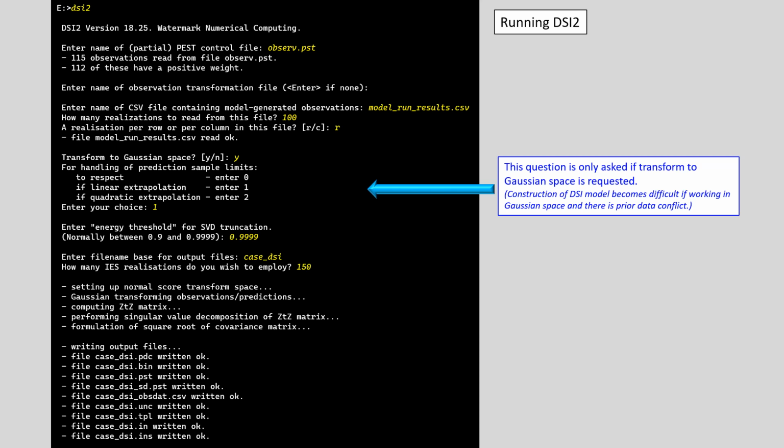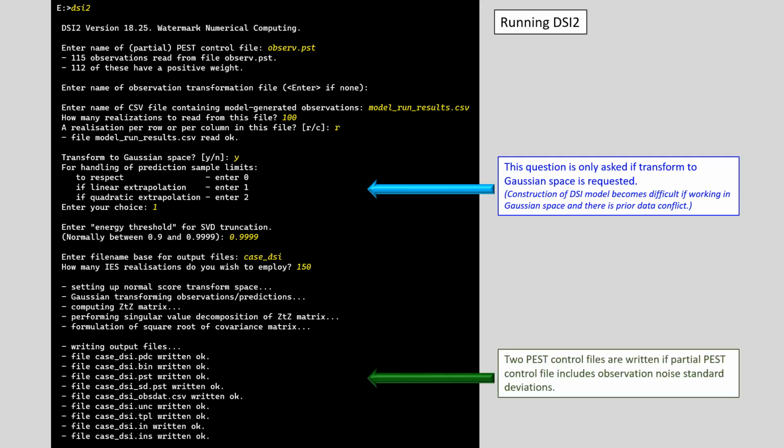DSI2 then writes all the files necessary for carrying out DSI analysis for our particular problem. Note that it's written two pest control files. This is done if we supply standard deviations of measurement noise as well as weights. If we don't, it writes just one PST file. And as I said before, normally it's a good idea to provide standard deviations of measurement noise as well as weights. So let's have a look at some of these